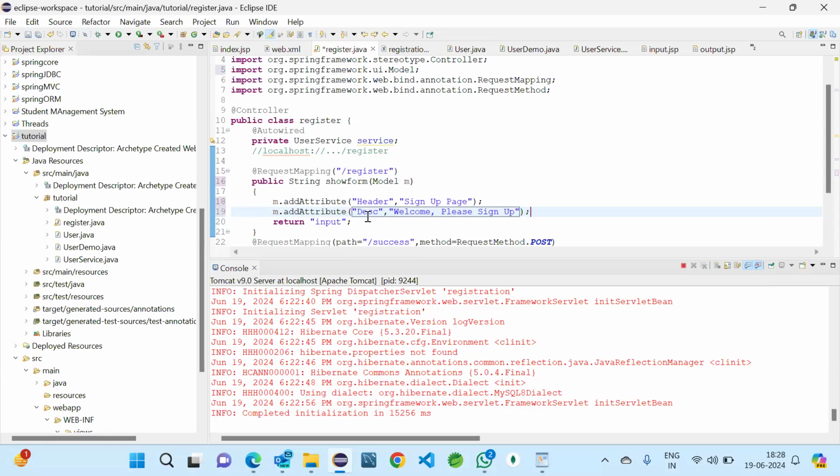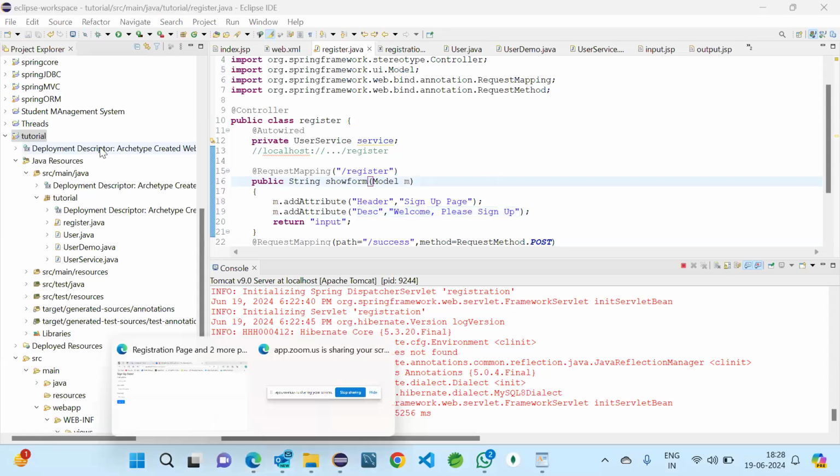So like this two attributes we wanted to pass, and we should get it on our web page, whatever we give we should get there. So we'll see. Okay, I need to rerun.